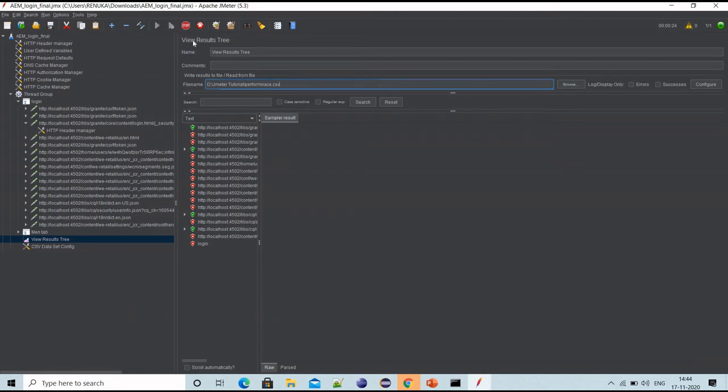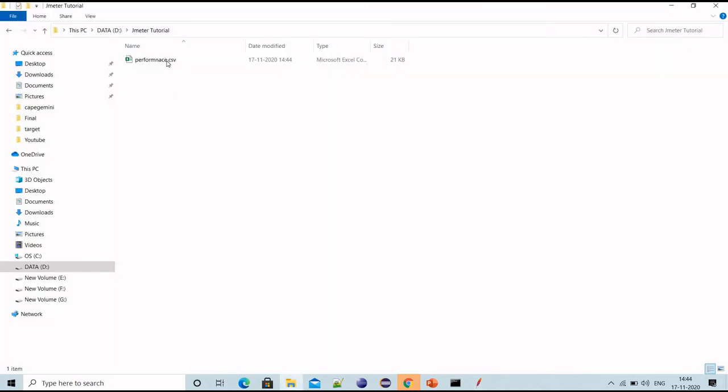Anytime in between, if you want to halt the execution, I think we can force stop, or we can just stop it normally. Yeah, so the execution is complete now. The file must be generated. Here it is. Let me just open it.